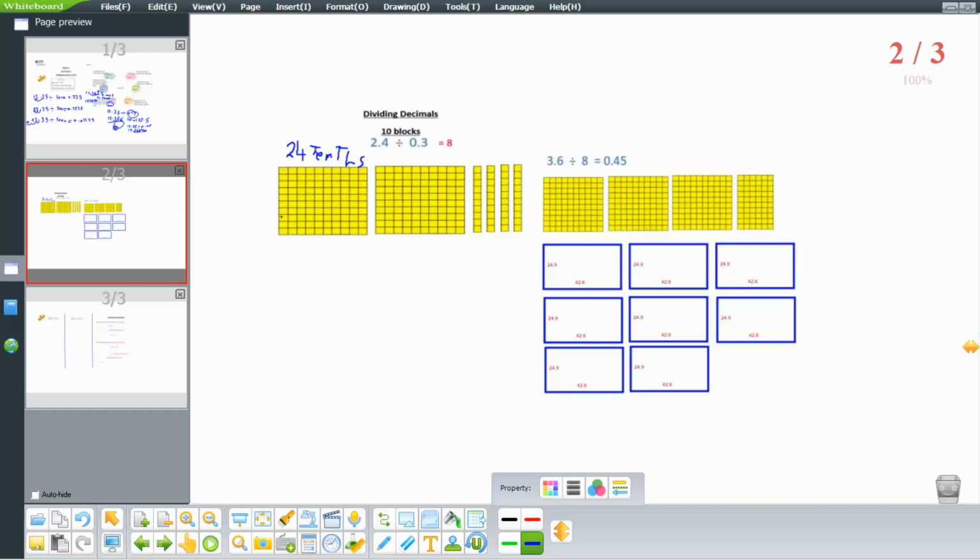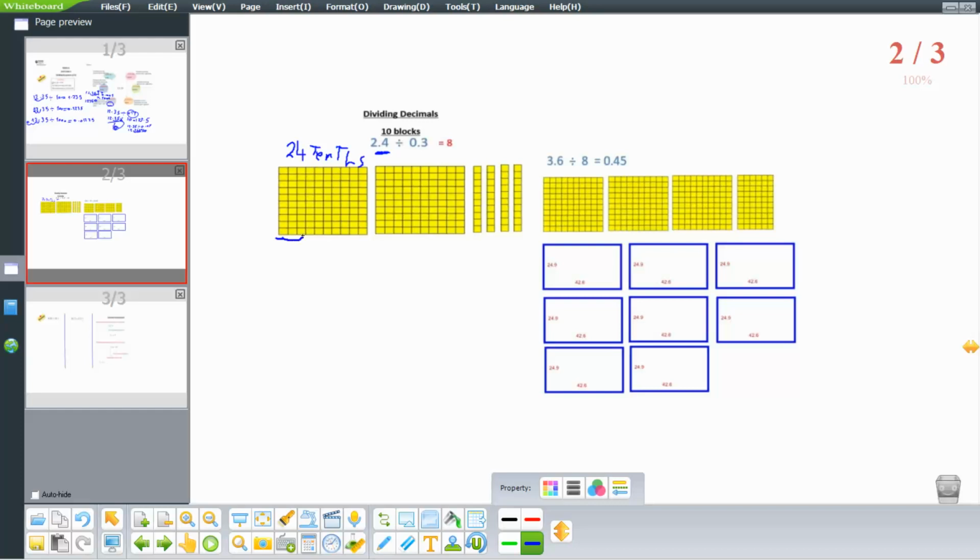Let's count: 1, 2, 3, ... 18, 19, 20, 21, 22, 23, 24. So we have 24 tenths, okay? Divided by 0.3. So we are going to use